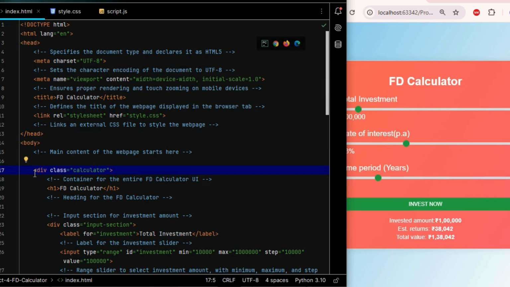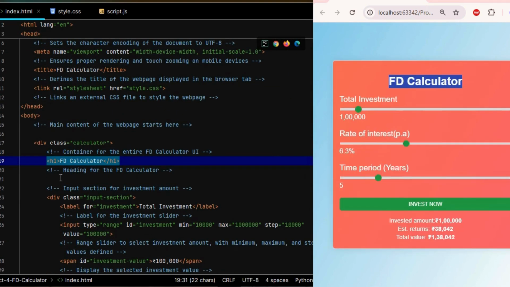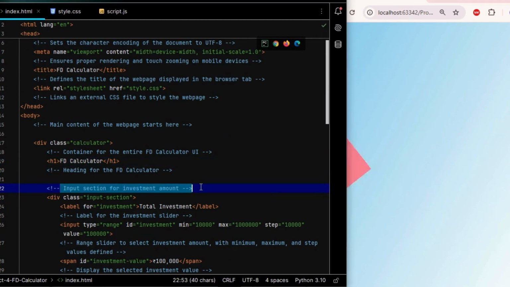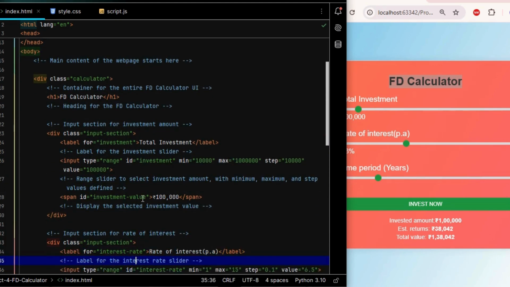I take one div with the class name calculator, which is the container of the entire FD calculator in the user interface. Inside the container I also take one heading, FD Calculator, which prints the output display this way. Then for the input, I take one div with class input section for the invest amount, and also a label for investing, to access the total investment,